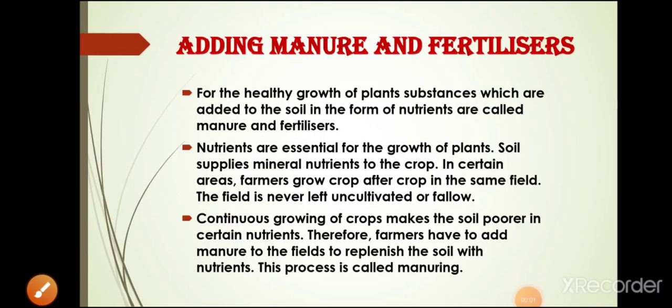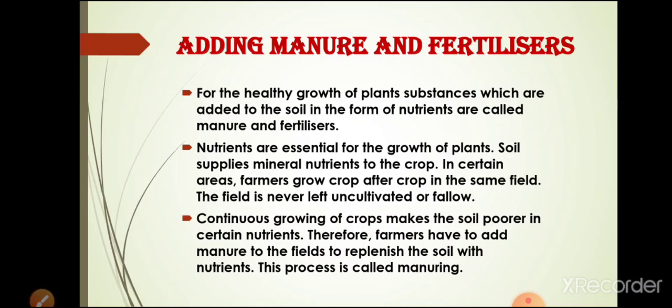The next topic is adding manure and fertilizers. Students, you have seen the farmers adding fertilizers and manure in the fields. Why do they add manure and fertilizer? So that the soil gets more nutrients for the growth of the plants. The substances which are added to the soil in the form of nutrients for the growth of healthy plants are called manure and fertilizer. Soil supplies mineral nutrients to the crop, and these nutrients are very essential for the growth of